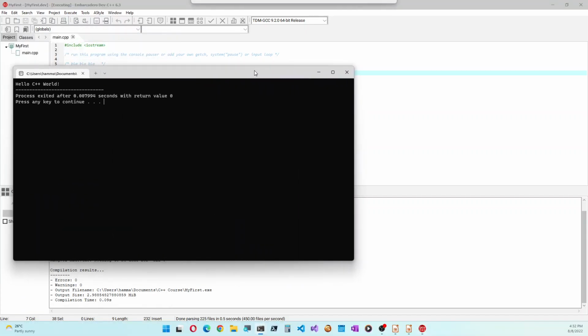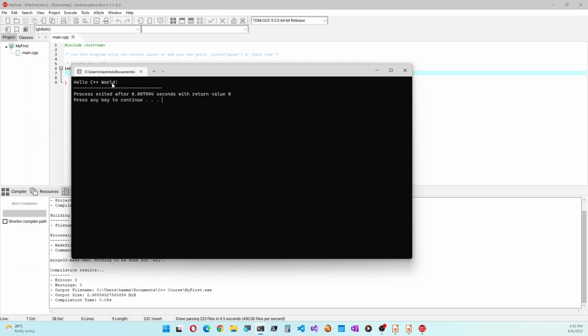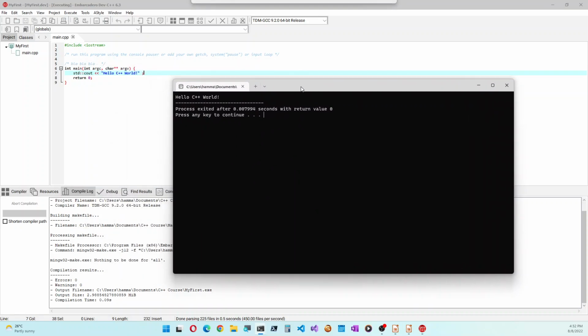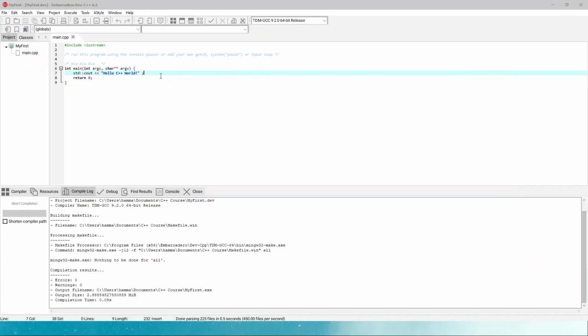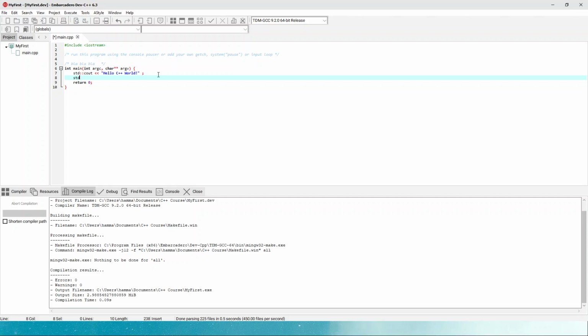Let's go into the other window. So now you can see that the message that we typed appears as it is on the line. Now if I type something else other than that, let's say I want to type a second message.